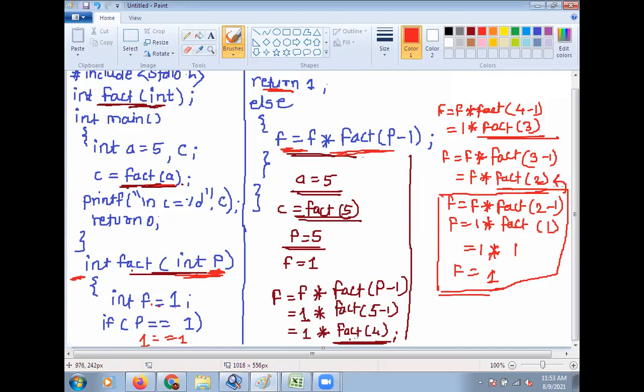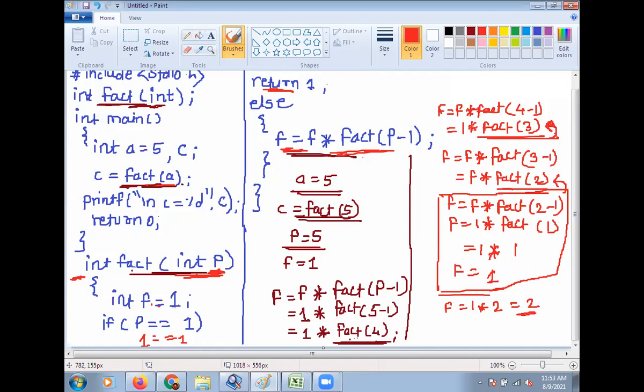So you will get f, that is 1 into fact 2, that is you will get 2. The value of f is now 2. Then put this value in this function, fact 3.